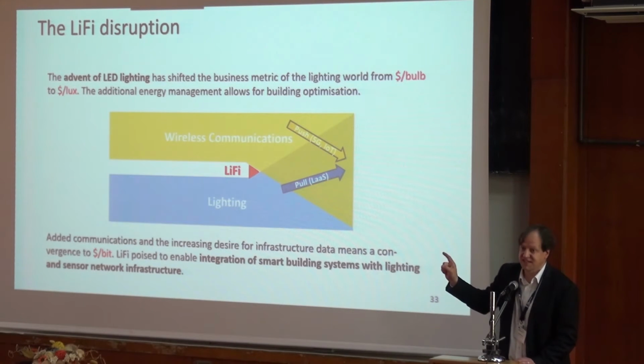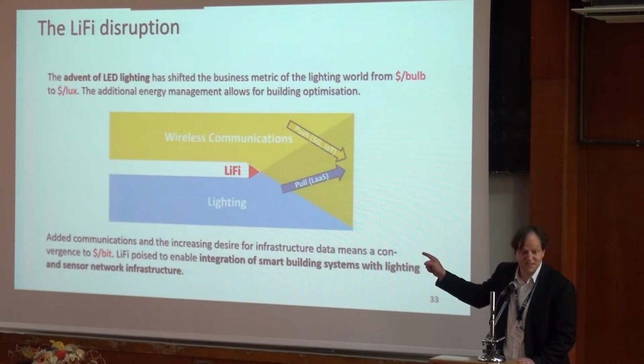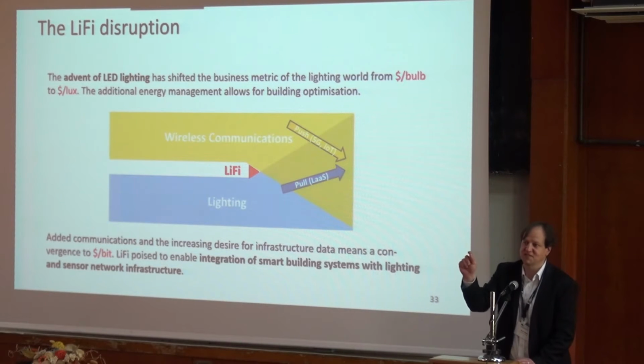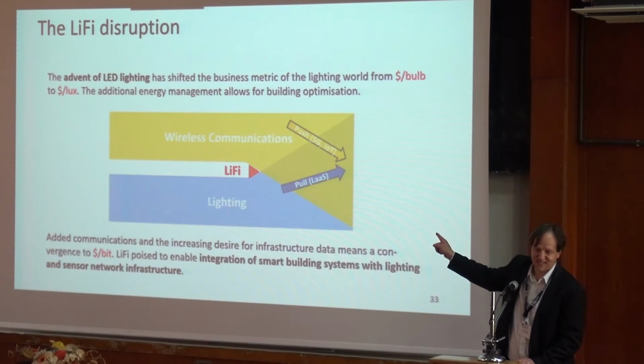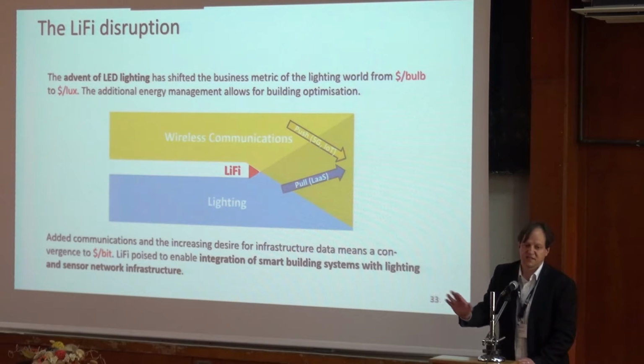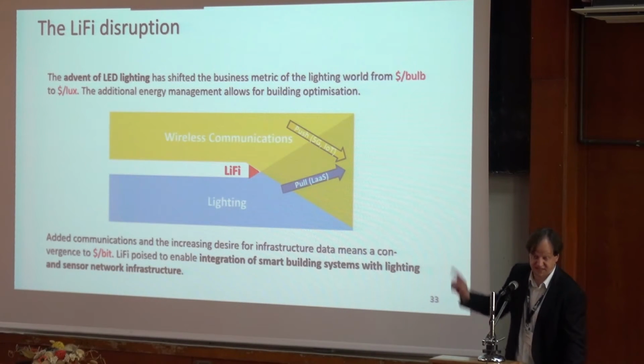And the interesting thing is, the metric in the lighting industry will not be dollar per light bulb, it will be dollar per bit, because light as a service is the domain that it's entering. The same metric is in wireless communications, dollar per bit. So there's the same market metric that governs both industries. That's why you see both of them merging. It's a bit like the camera sensor when you went from analog photography to digital photography. There's been a landslide shift in the industry, and some industries were wiped out, and others flourished because they realized the change. And that is the change that we see.